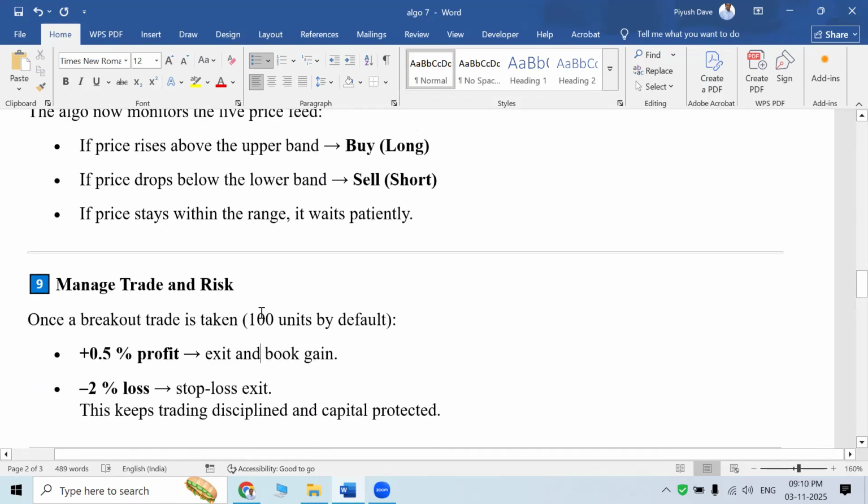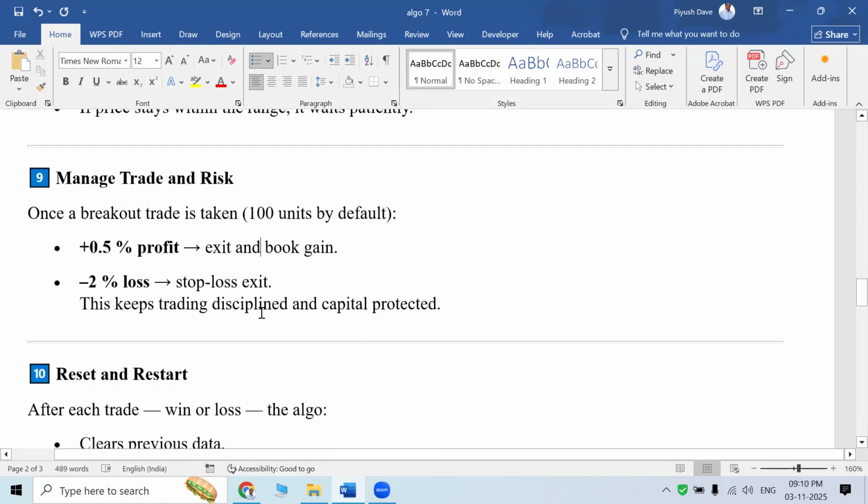Again, the price will be collected, again the band will be calculated and the trading starts again. And I kept a loss of 2% also so that we can protect our capital. Now you might be wondering why the loss range is so high, because most of the time a trade might come from loss to profit. So for the algo we need to give some extra room, but still we are protecting our capital